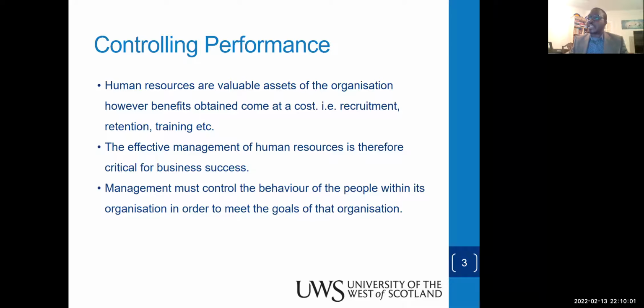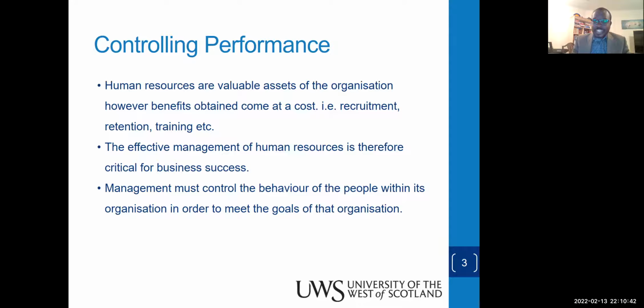We're looking at dealing with controlling performance at the workplace. How do we control performance? Remember, someone has said that the most valuable resource in the workplace is the human being, the human beings who work. Well, we can have some IT systems, artificial intelligence systems, computerized systems. But at the end of the day, there are human beings behind these systems who are processing, clicking, structuring, sending codes and manipulating these systems. So human beings are a very important, very valuable resource of the organization.